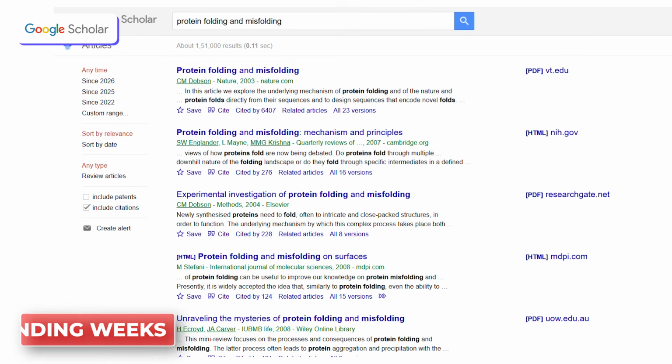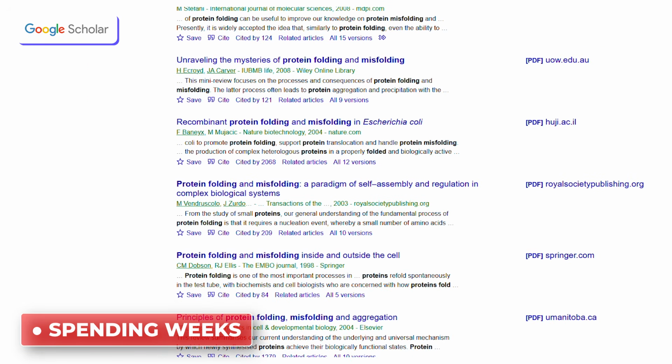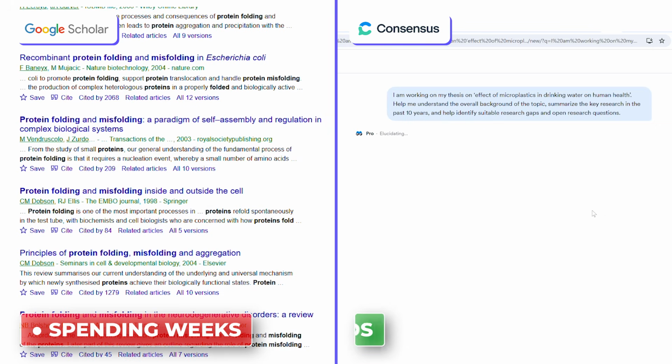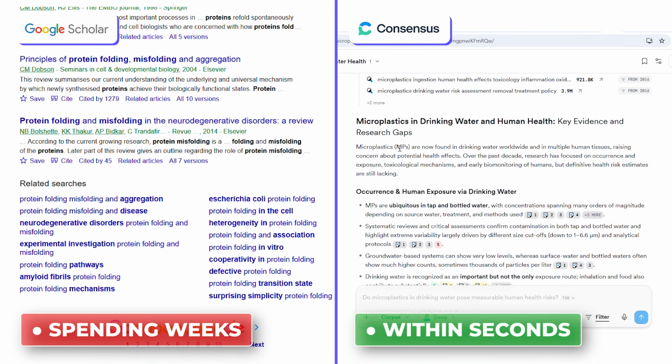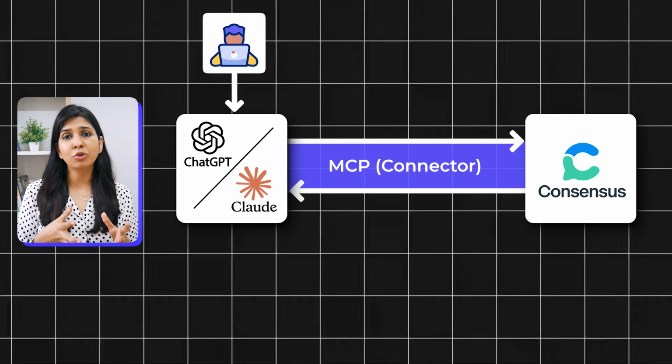So instead of spending weeks trying to understand the topic and then identifying research gap using Google Scholar, I was able to do that within seconds with the help of Consensus. And this can be really valuable in time saving when you're working on your thesis and you're building your literature review from scratch. Now, the cool thing that Consensus has done is launch this MCP connector, both on ChatGPT and